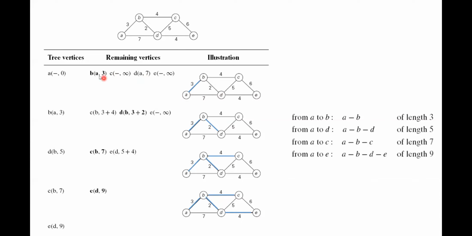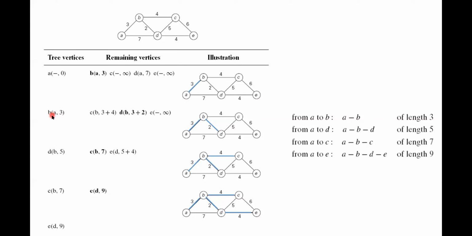Among B and D, which is minimum? This is 3 and this is 7. So 3 is minimum, and I will select 3. Which are the selected vertices now? The first vertex is A, then the next selected vertex is B. We'll proceed further. Both the vertices are selected now, and we must consider both of them in our next step, to proceed with the remaining reachability.